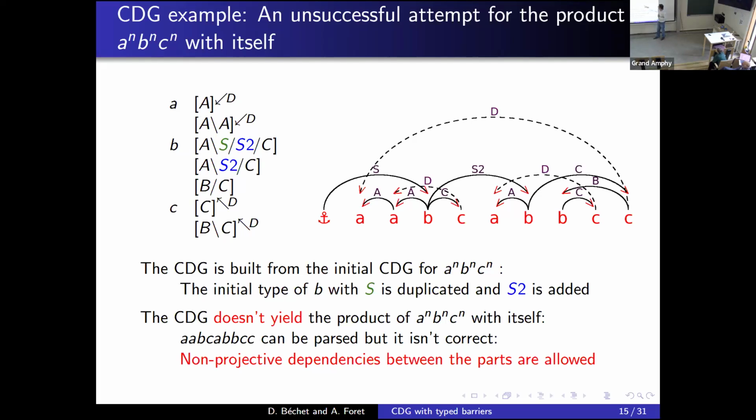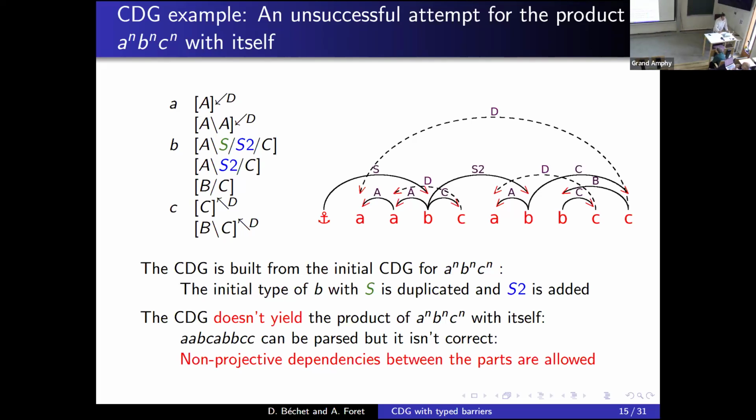And here we have only 1 A, 2 B, and 2 C. So it's also not the proper language for this part of the word. It's due to the fact that it's possible to have non-projective dependency between this part of the word and this other part. So it's not a good idea.